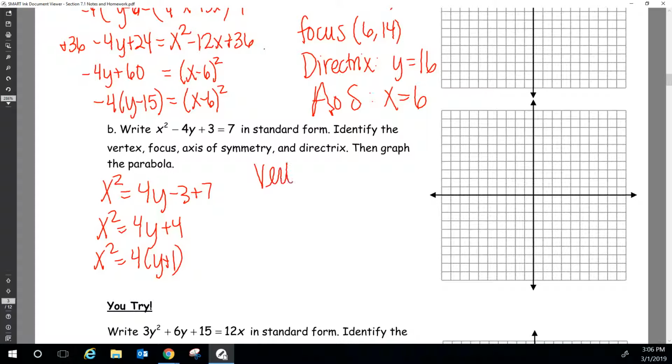So the vertex for this one, we don't have any shift to the left or right for x, so it's right there at 0. And then -1 for the y. My focal width is 4p, and that means it's 4. So 4 is equal to 4p, dividing by 4, p is equal to 1. So we know from our vertex, which is at 0, -1, we're going to go down 1 for our focus, up 1 for our directrix. So our focus,